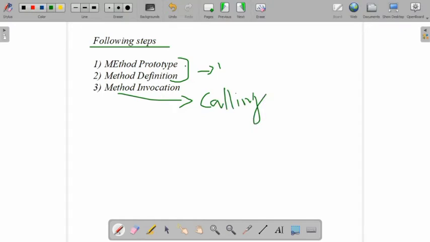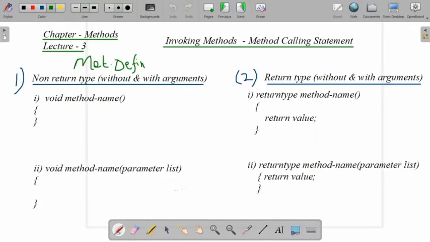When we define a method, we have mainly two types. One is non-return type, and another one is return type, which we have learned in the previous classes. Non-return type means it never returns a value, and we use the keyword void.